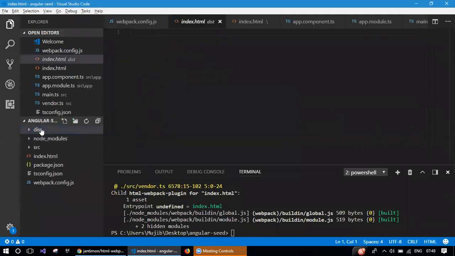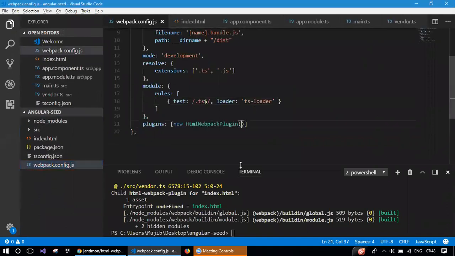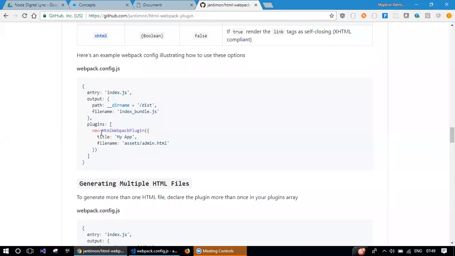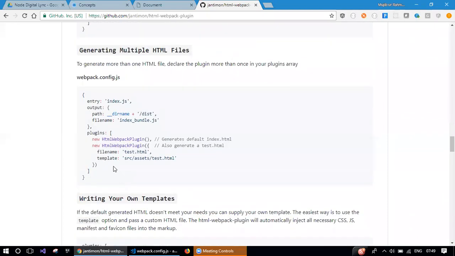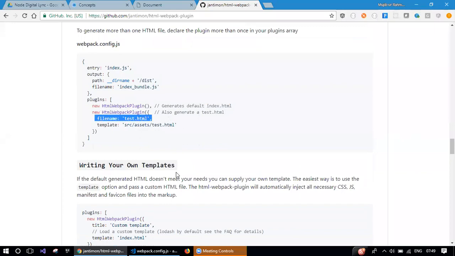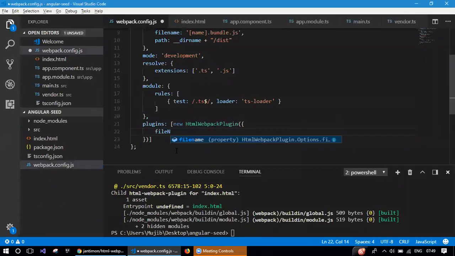So I need some configurations for this plugin. Go to webpack.config.js, and here this accepts an object. And here I'm going to say what is the title, what is the file name. File name is going to be index.html. I don't want any other file name. Index.html is the convention. And then I'm going to